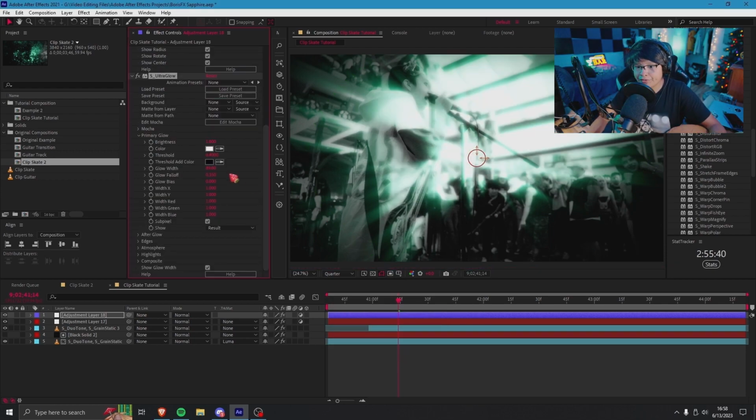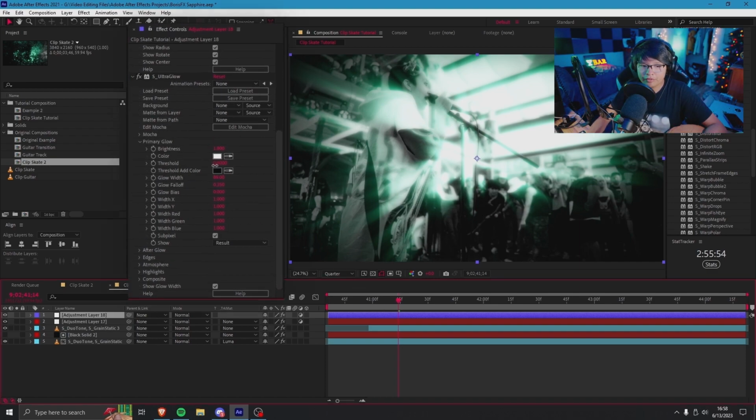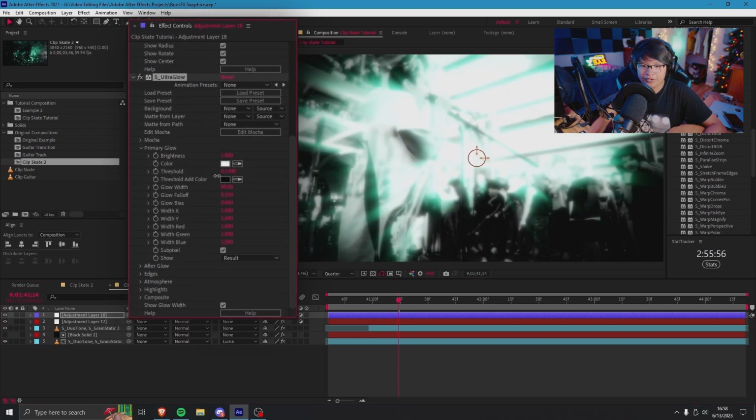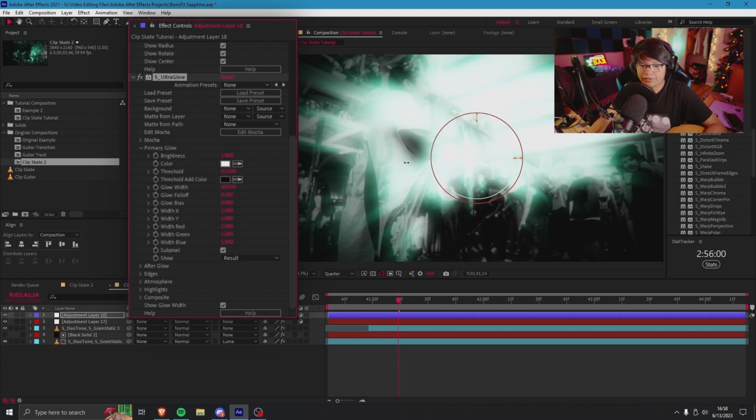There's also an S Glow. However, I prefer S Ultra Glow. I think it looks a lot better, so we're going to use this one instead. Once you have S Ultra Glow added on your adjustment layer, we can mess around with the threshold. So I usually decrease the threshold a lot, and I usually increase the glow width so there's more glow to